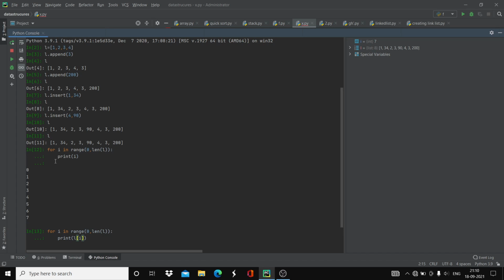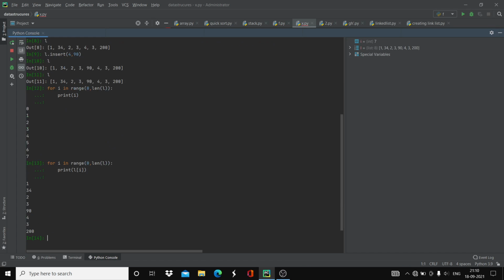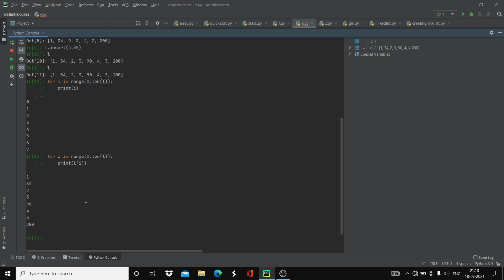So L of 0 means 1, and it will print the value 1. The loop will be executed. Actually you see we got the list here: 1, 34, 2, 3, 90, 4, 3 and 200. Like this you can use the list here. Then for example, you may want to find whether an element is present in the list. For example, say 1 in L.